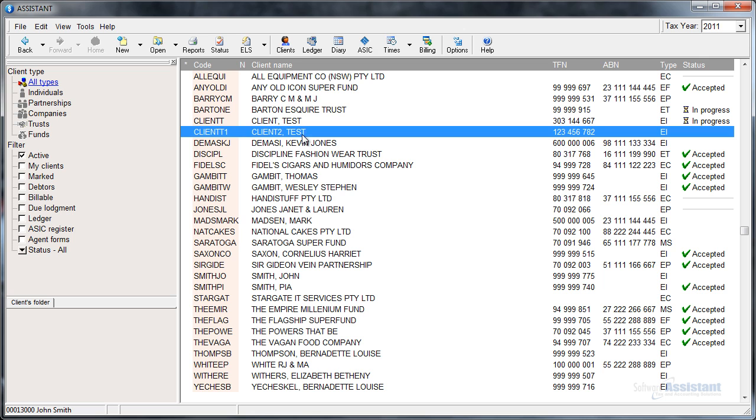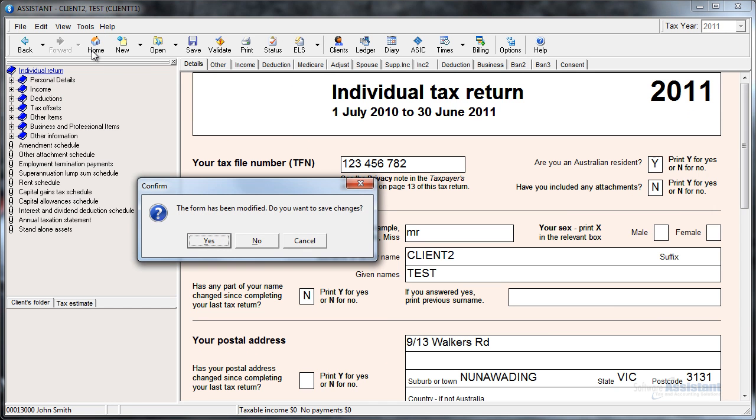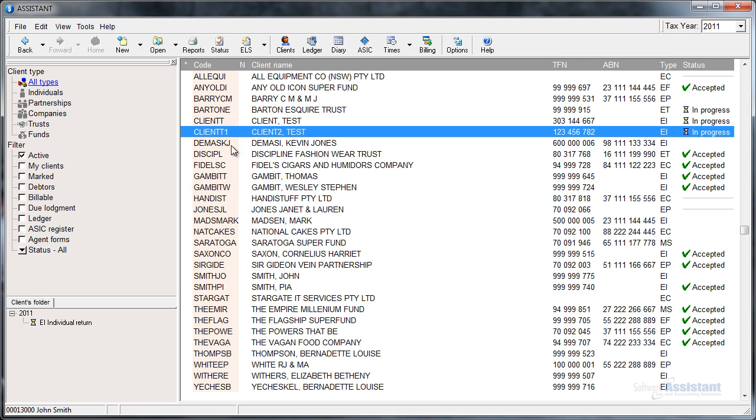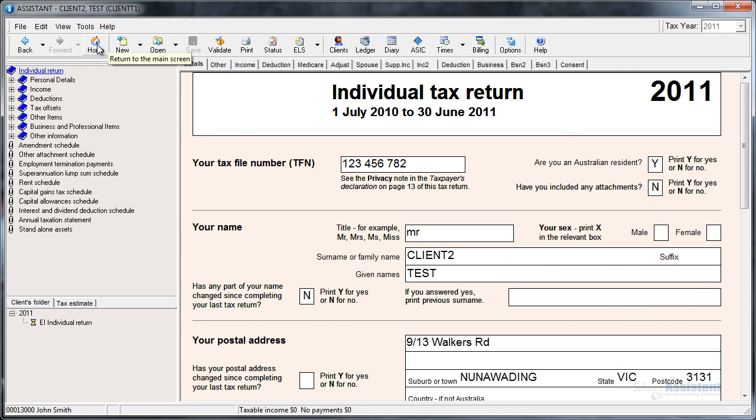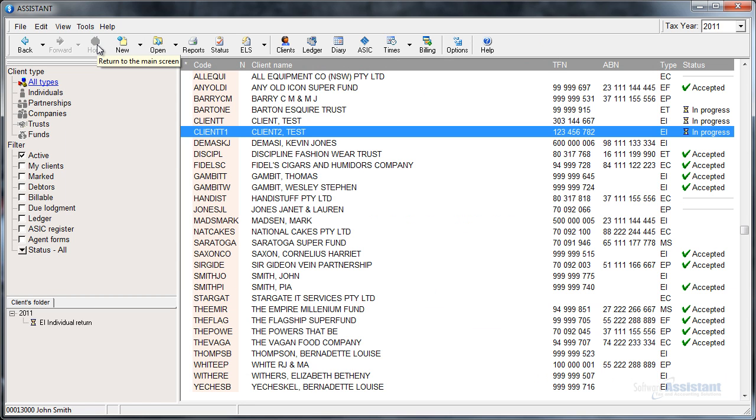To open an existing return or start a new tax return for the client, select the tax year from the pick list on the top right corner of the main screen. You can also open the tax return by double-clicking on the client or by clicking on the Open button on the button panel. Any of these methods will open an existing return or start a new tax return for the selected client in